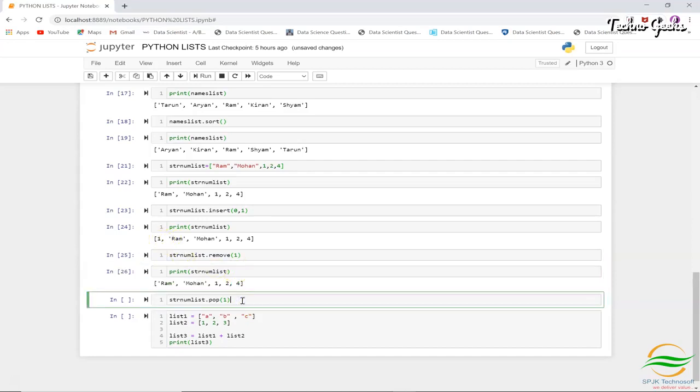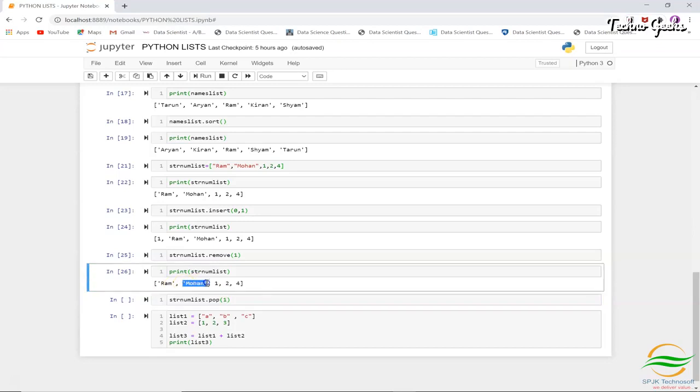Also we can try out with the index value. I want to do strnumlist.pop(1). If I run this, pop(1) means I want to remove the item which is at index 1. So now we have Ram, Mohan, 1, 2, 4. Ram is the 0th index and Mohan is the first index.